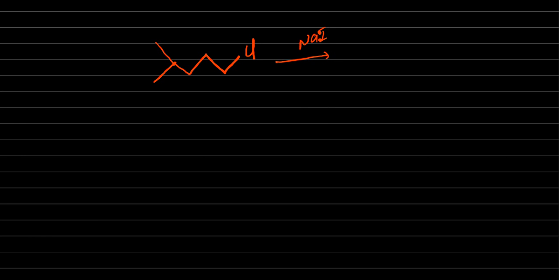NaI. That means Na plus I minus. Then ethyl alcohol. Okay. So which reaction will take place? Primary is there and charged is there. Okay. So first of all, it is